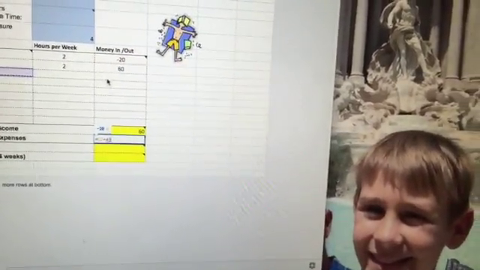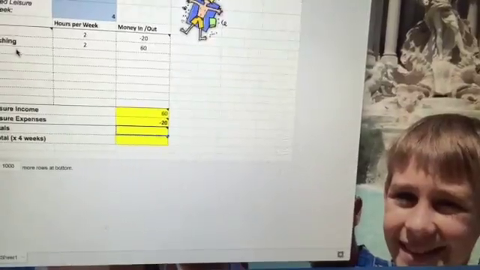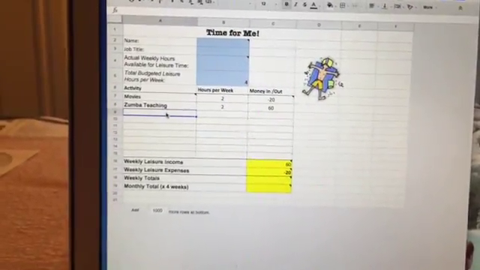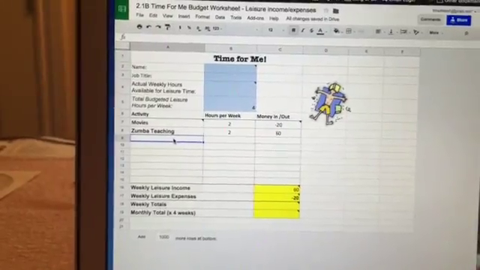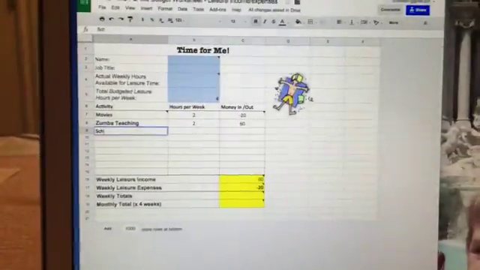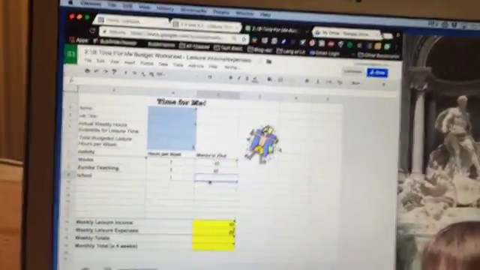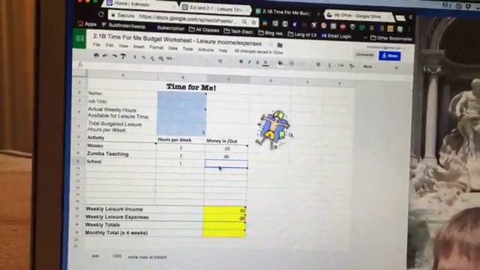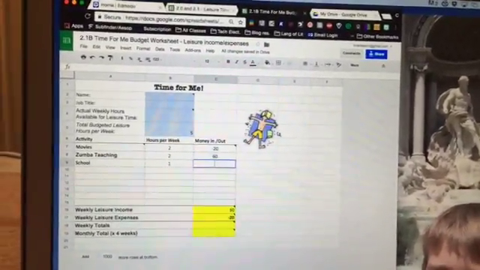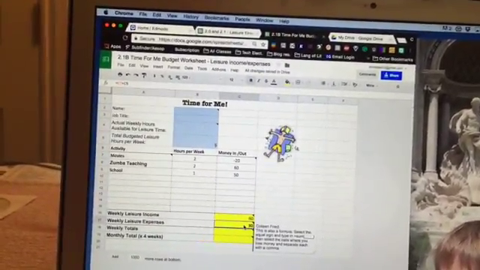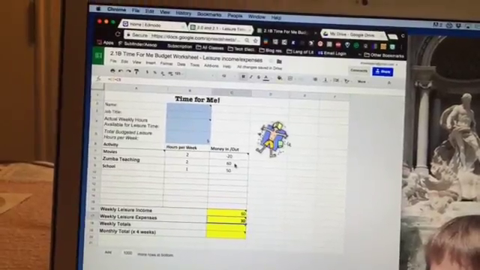So let's say this next one is, I'm going to reference that cell, and we're going to say that this one is, I'm losing money to go, I don't know, to school. Maybe I take a class on the weekends. Maybe it's an hour class. It's going to cost me so much money for units, so I'm going to say $50. Whoops, $50. So now because I put that formula in there, you'll see it's going to add 60